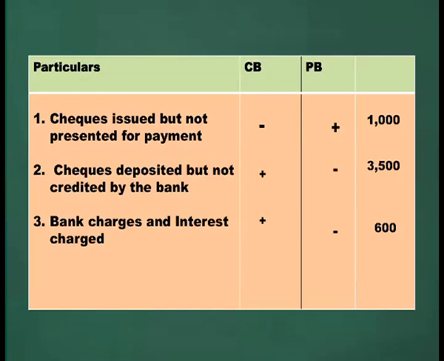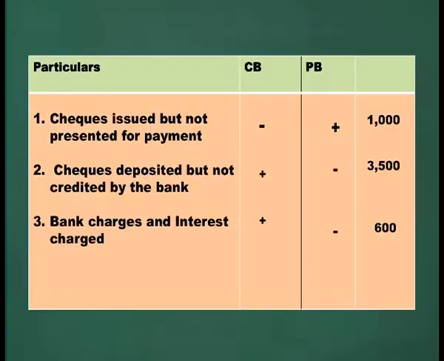Bank charges and interest charged. That much amount will be deducted by the bank, so passbook will show a reduced amount. Minus 600 in the cash book, so it will be a plus sign. In the bank reconciliation statement, we are starting with the overdraft as per cash book. Overdraft as per cash book. So, we are starting with cash book, then looking into the passbook items in the rough sheet, that is plus